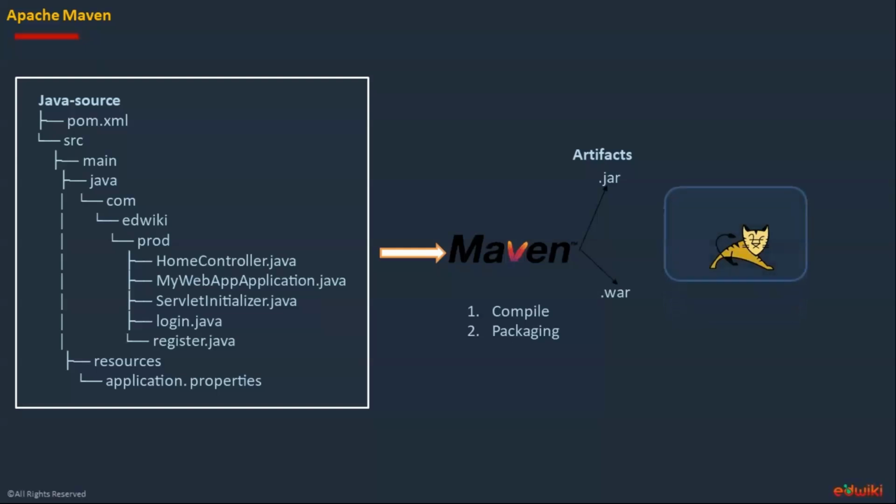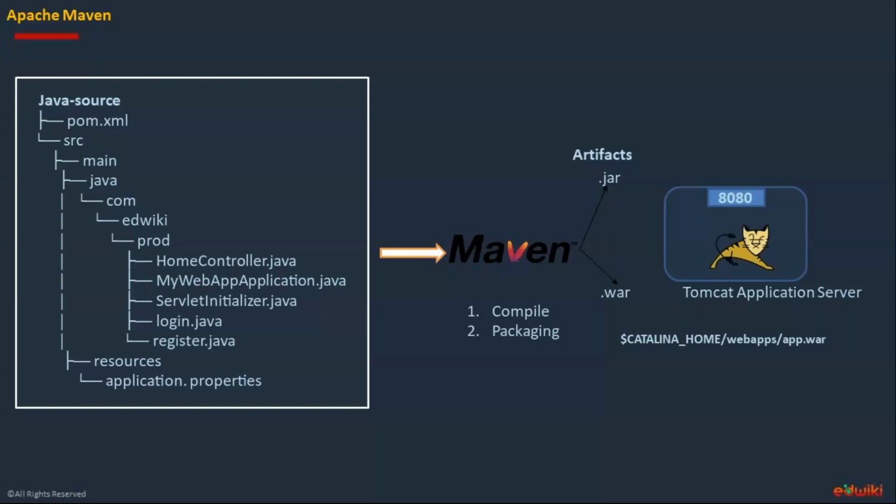So we need to install and configure Apache Tomcat, and Apache Tomcat listens on port number 8080 by default. Apache Tomcat will have its own home directory where you need to copy the artifact. In general, it will be a webapps folder,